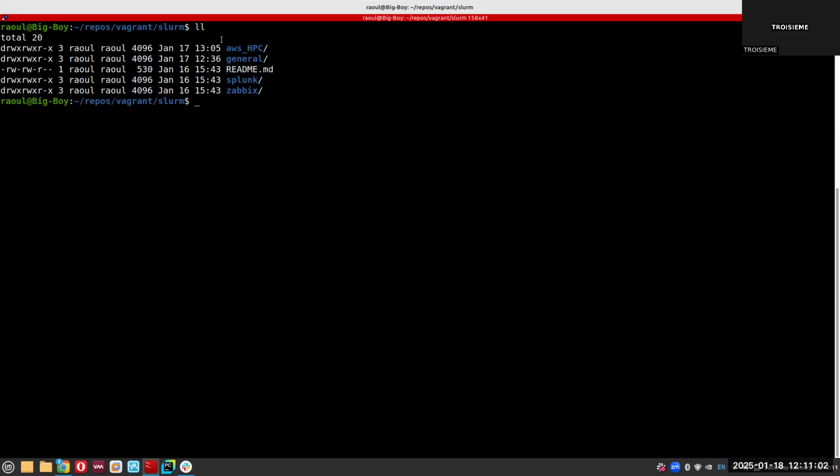And I split it up into like 4 projects. The main one is going to be a general one that I use. Since I'm also a little bit of a fan of Splunk, I have another one where I'm deploying Splunk on it for monitoring, or Zabbix. But the main project is here in